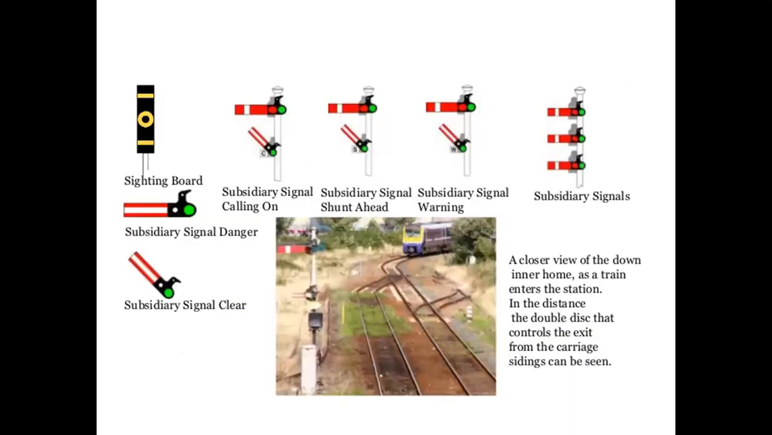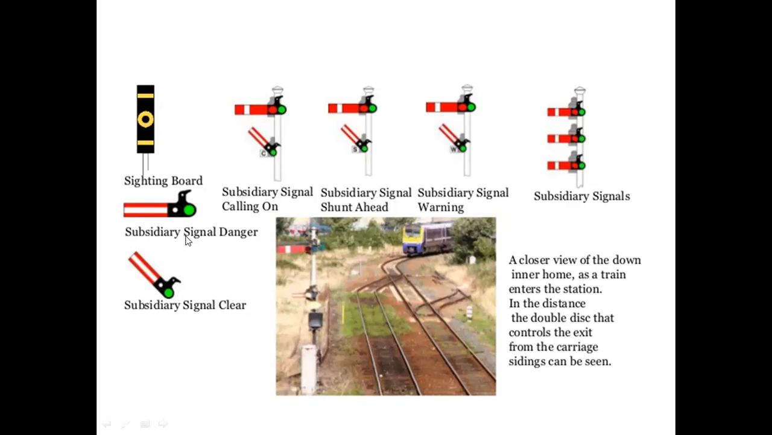Here these are the indicators which we use in the track for the safe movement of the locomotive or the train. A closer view of the down home as a train enters the station. In the distance, the double disc that controls the exit from the carriage sidings can be seen here. This is known as the sighting board, and these are the subsidiary signals: calling on, subsidiary signal shunt ahead, and subsidiary signal warning. Subsidiary signals which we use: